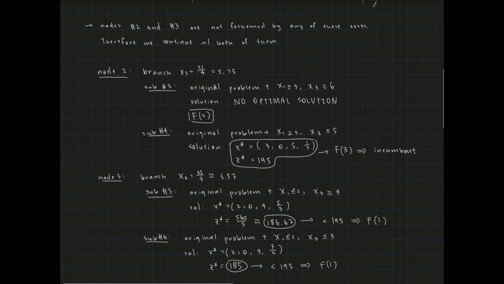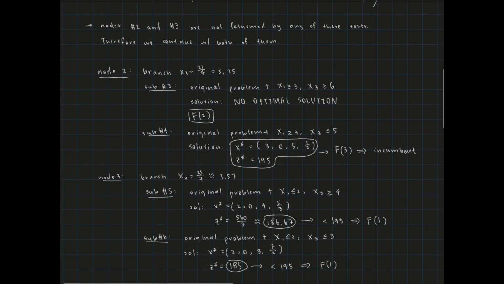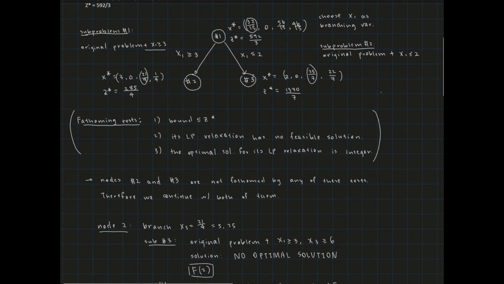By running these through the fathoming tests again, we see that subproblem number 3 actually has no feasible solution, or no optimal solution. Therefore, it's fathomed by test number 2. Subproblem number 4 has this solution. We run it through all the tests. We realize that it actually does have an optimal solution for its LP relaxation, in which the variables that need to be integers are integers. So this becomes our current incumbent, and it's fathomed by test number 3. So this is our running incumbent right now, and we're going to branch node 3 now into subproblems 5 and